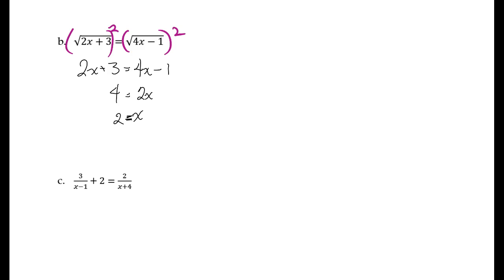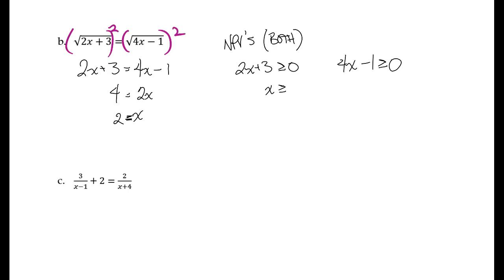That's great, but I still need to check my non-permissible values for both. So my first one, 2x plus 3 needs to be greater than or equal to 0. But I also need to bear in mind that 4x minus 1 needs to be greater than or equal to 0. And whichever one of these gives us the more defined restriction is the one we're going to work with, or we might need to consider both. Working on the left, x needs to be greater than or equal to negative 3/2. With the right-hand side, x needs to be greater than or equal to 1/4. So it's a greater than in both situations, but if I look at my number line,